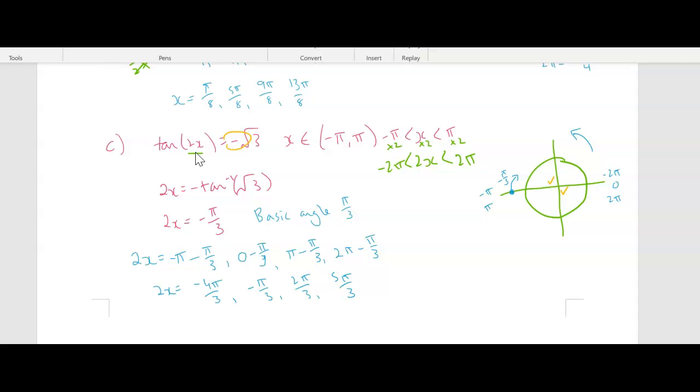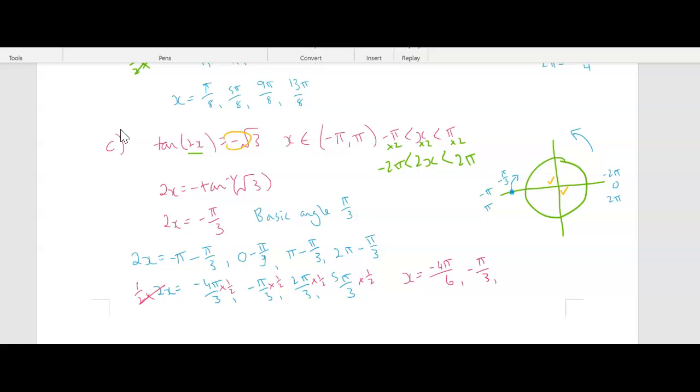Okay, so we've got the 2 in front of the x, so we do need to get rid of that. We can just multiply by the reciprocal. You'll notice that doing this, the denominator just doubles basically. So we're going to cancel them out, and that means x is equal to negative 4 pi on 6, negative pi on 3,